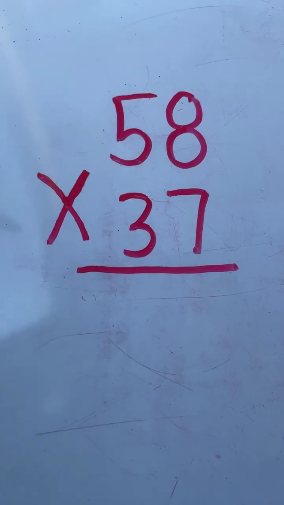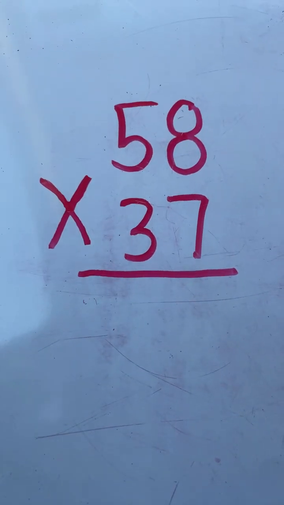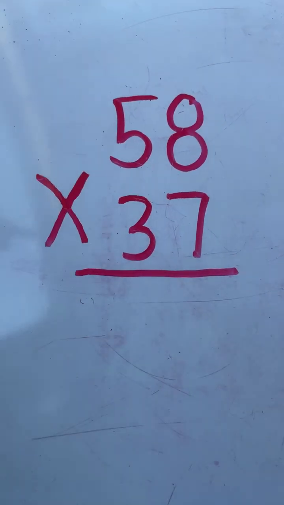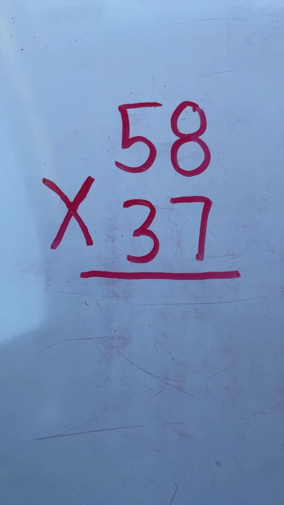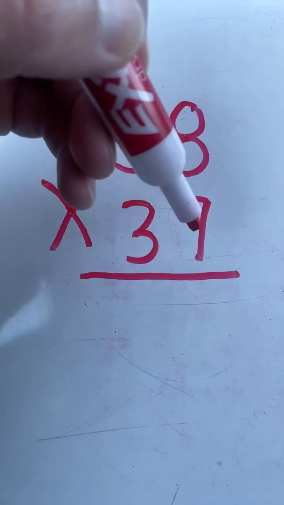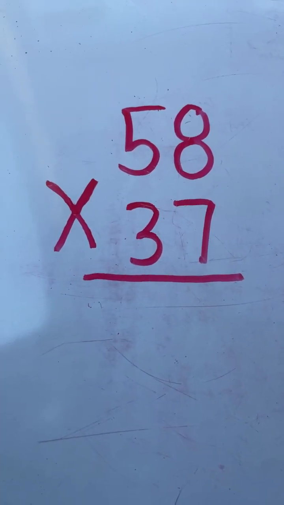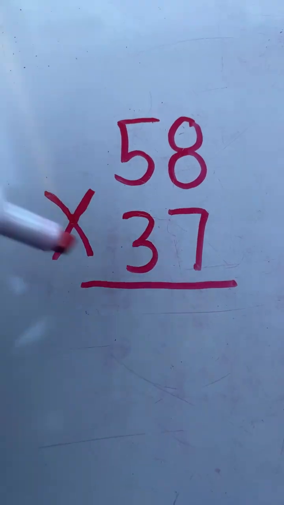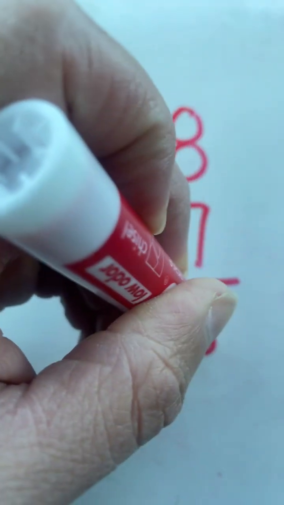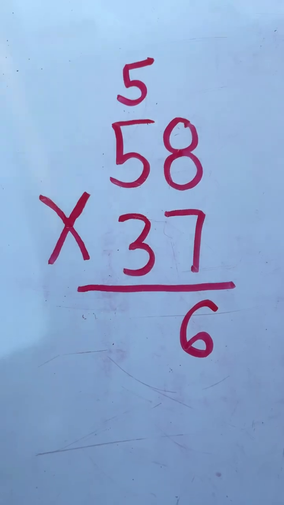So I want you to think of these type of problems as two separate 1-digit problems where we regroup if our product is 10 or more. So we are going to start in the ones place, simply by multiplying 8 times 7. 8 times 7 equals 56. Now because our product is more than 10, we have to regroup. So the 6 in 56 goes in the ones place, the 5 in 56 gets carried over to the tens